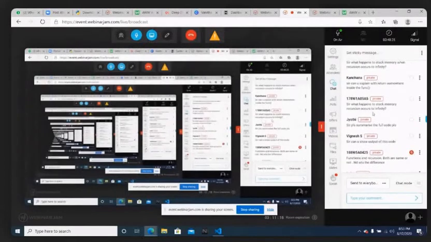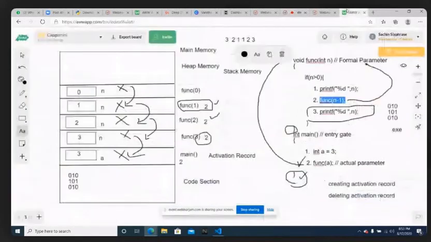What happens to stack memory when recursion occurs to infinity? Stack overflow will happen. That is a great question, sir. I will tell you when a recursion will occur infinitely. The recursion will keep on occurring if there is no condition. If this condition is not provided at any point of time, will you stop creating this activation record? No. This condition is what is called the base criteria.